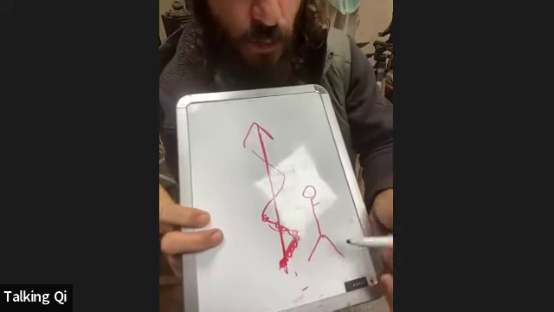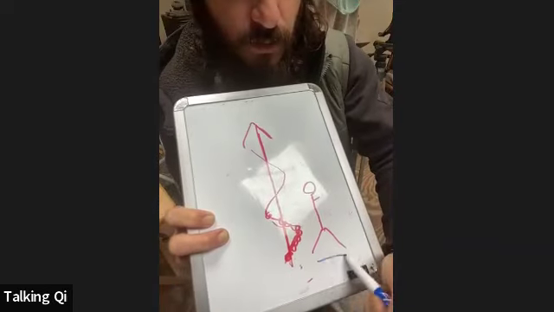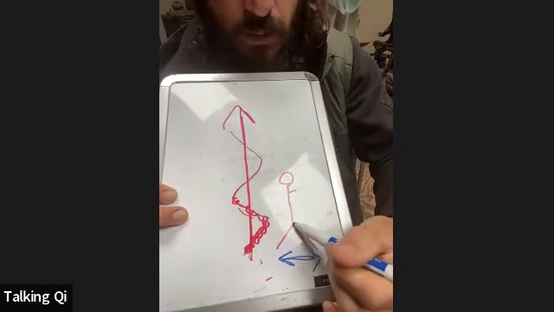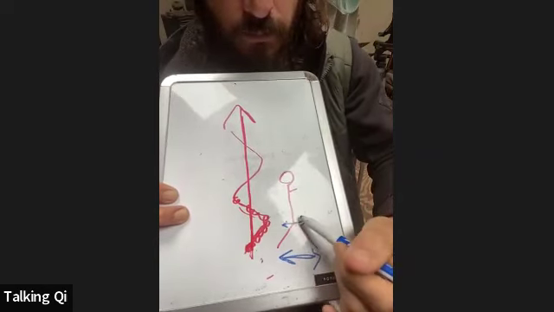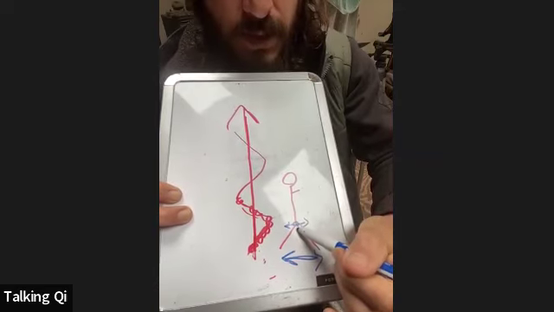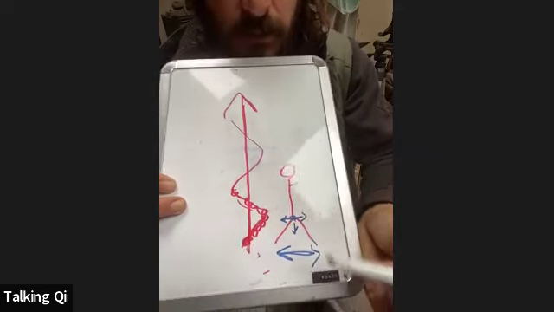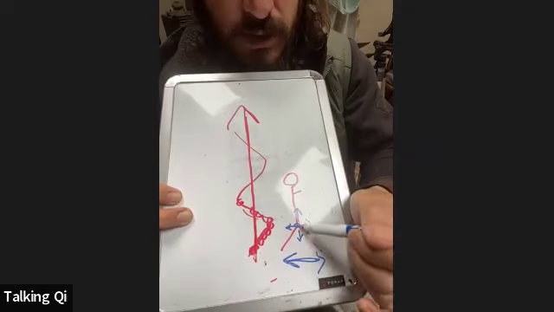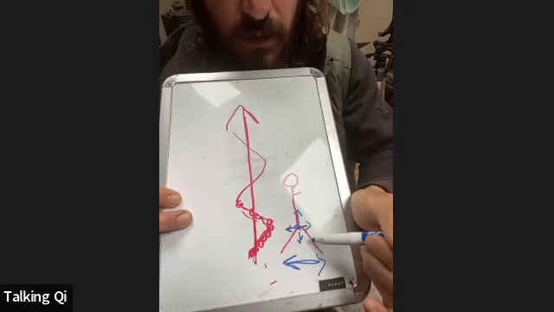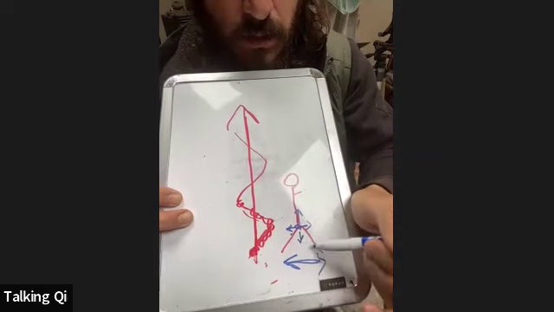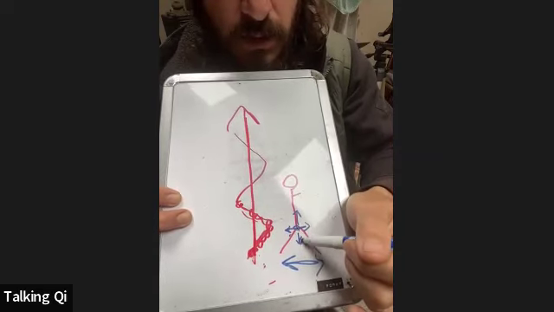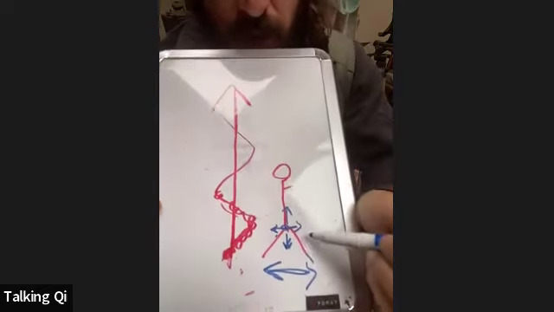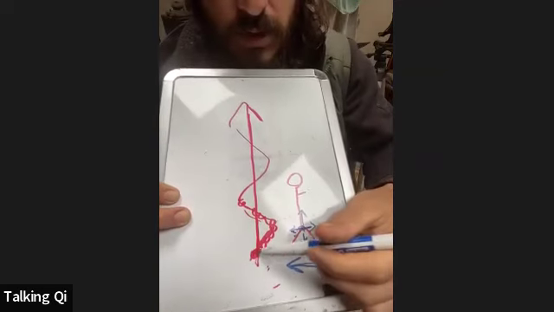let's say we're rocking backward and forward. That means that the Dantian is going to be rocking backward and forward. If we squat down, the Dantian sinks, and we rise, the Dantian rises. So the legs facilitate all of this movement of the Dantian. We bend the knees, bend the ankles, we get the descending, we push forward and push back, and we get rocking back and forth. Now, when we start to step,